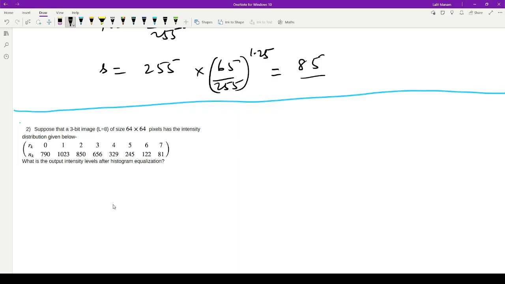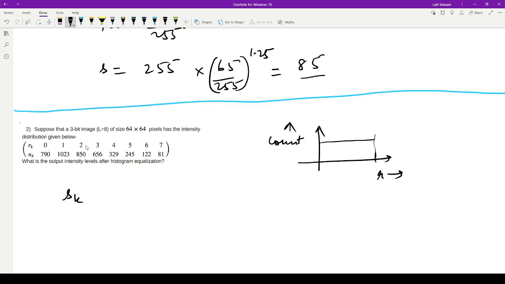So the whole idea is, as someone said, that we want to transform the histogram in such a way that it looks nearly uniform. That's the whole idea. So if this is your histogram, it should almost be uniform. That's the main idea of histogram equalization. So for the specific method, if someone remembers